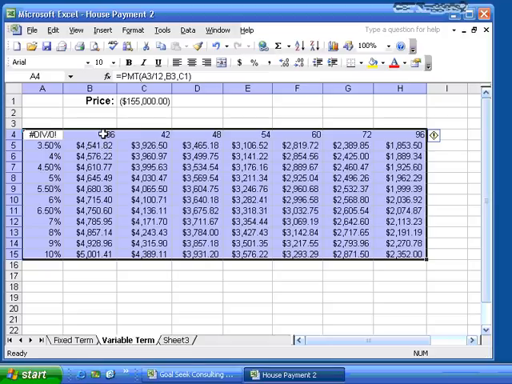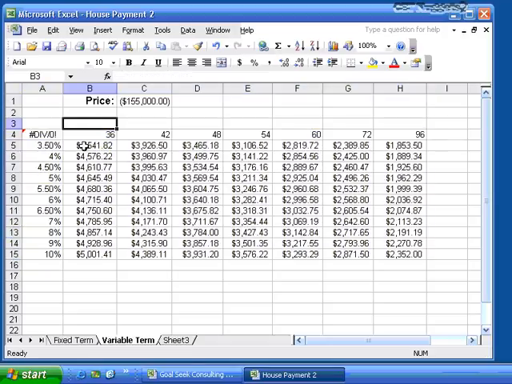So if it's 36 months, let me click off of this, 36 months, and I want to find out at 3.5%, it's going to be $4,500, or roughly. All the way down here, 60 months at 7%. Look at that, we get $3,069.19. And if I wanted to, in another video we talk about the HLOOKUP and VLOOKUP, I could then find these numbers